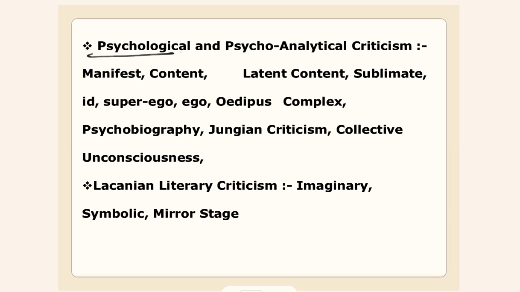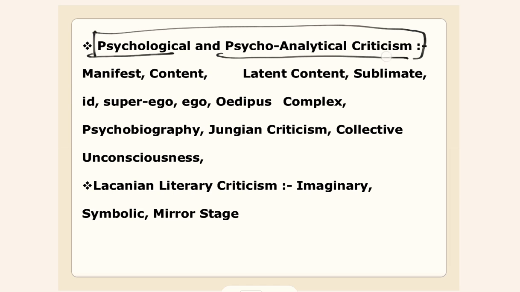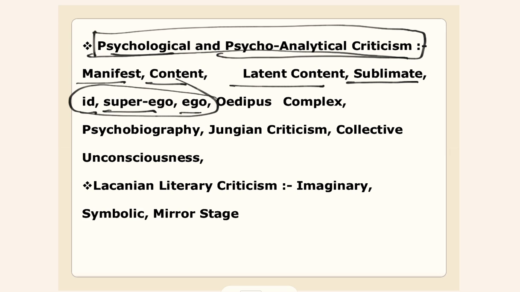Next, psychological and psychoanalytical criticism. This term in literary theory and criticism is associated with Dr. Sigmund Freud and his contemporaries and later psychoanalysts. Let's see what the terms associated with this literary theory are. Manifest content, latent content, sublimation, id, superego, ego. These terms are associated with Dr. Sigmund Freud. Id, superego, ego, Oedipus complex,